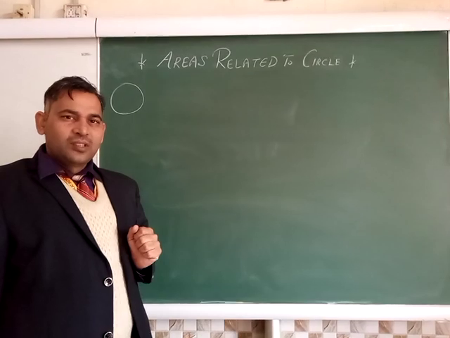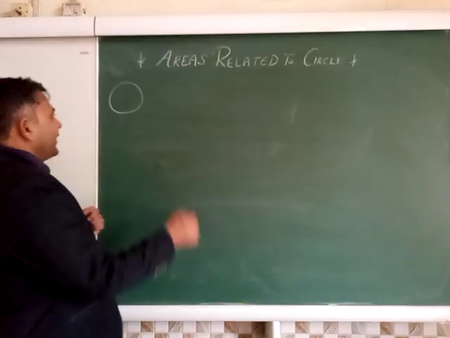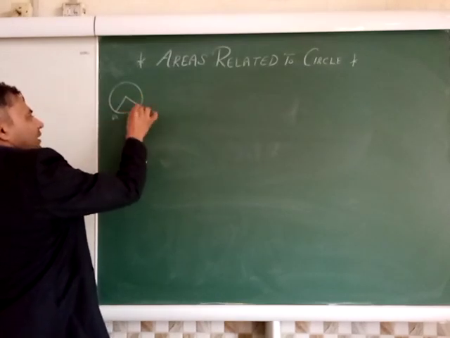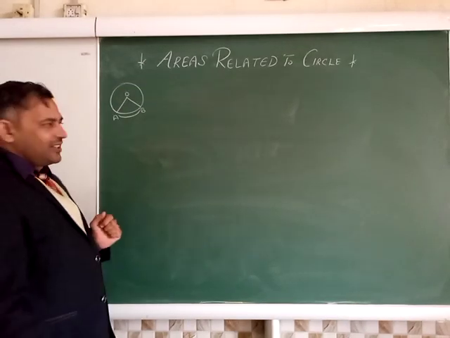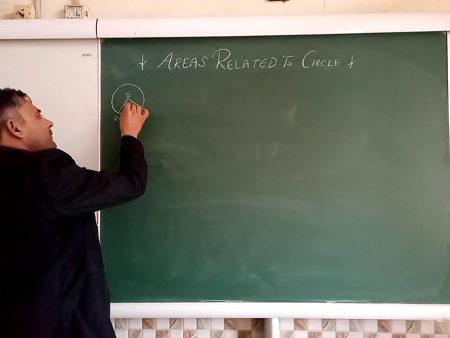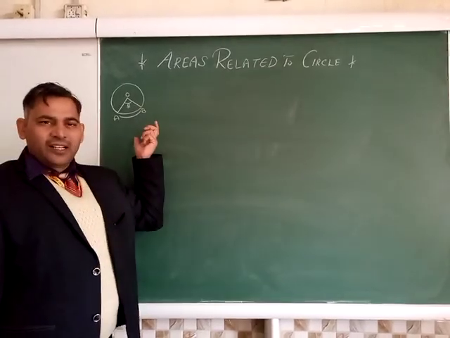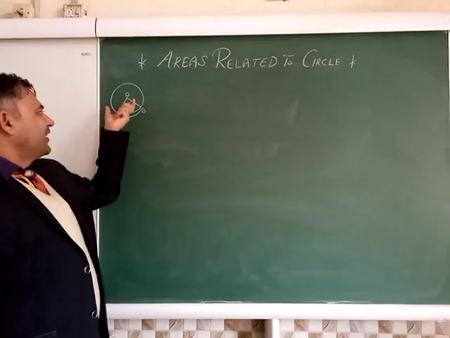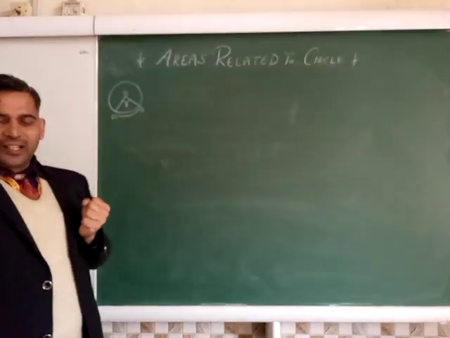Okay, let's come to the next point, beta. What is the length of an arc? AB is the arc, O is the center, and this arc is subtended by theta. Theta is any angle. Theta is 5 degree, 20 degree, 100 degree, 120 degree, any angle. So AB is the length of the arc cut by theta degree at the center.